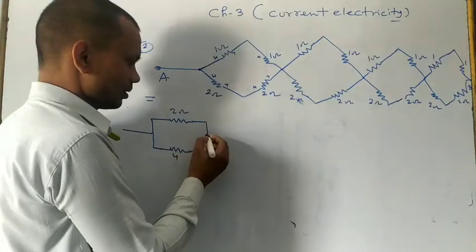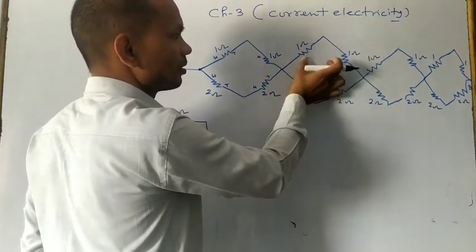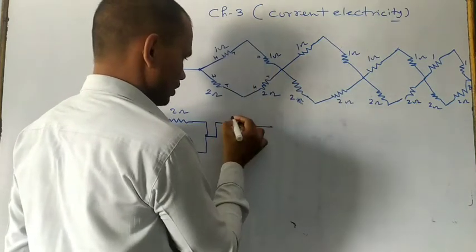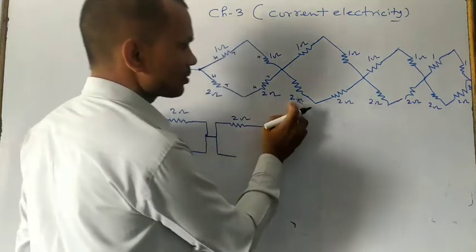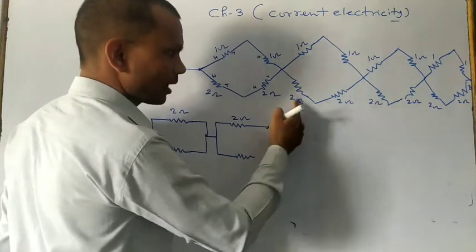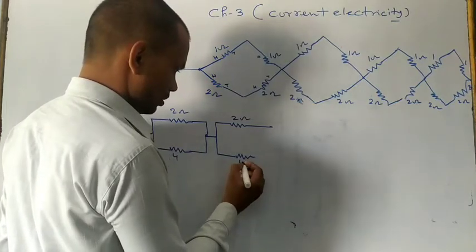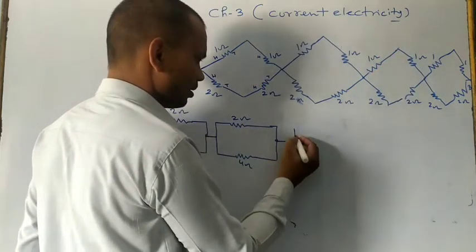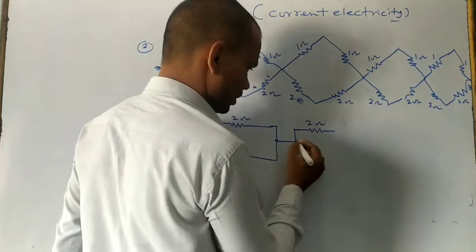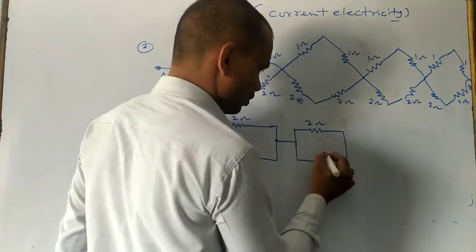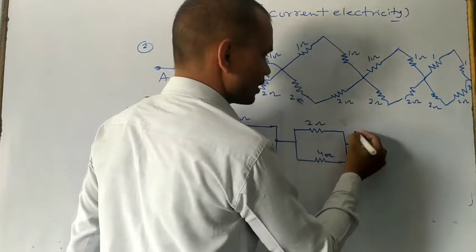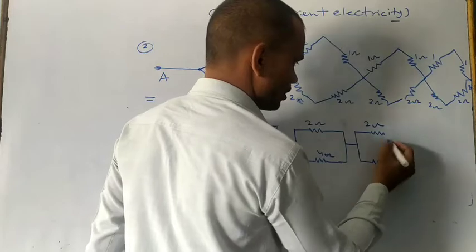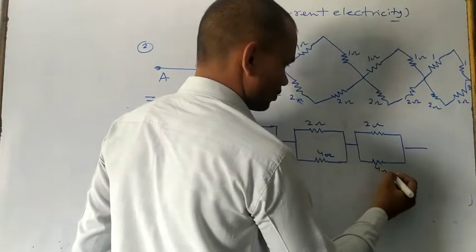Here also this is the network, and this is the point. Again the same thing: these are in series, so the equivalent of this is 1 plus 1, which is 2 ohm. Here this is also 2 and 2, which is 4 ohm, because both are connected in series. Similarly we can make this 2 ohm, and in the downside 4 ohm, and for the last one again the same, 1 plus 1 is 2 ohm, and in the downside 4 ohm, and here this is B.